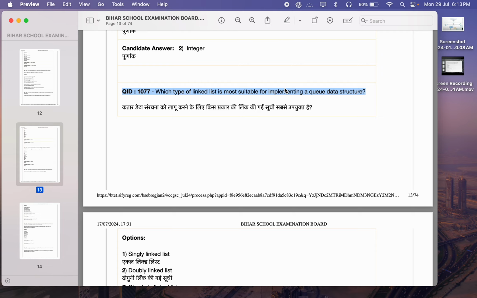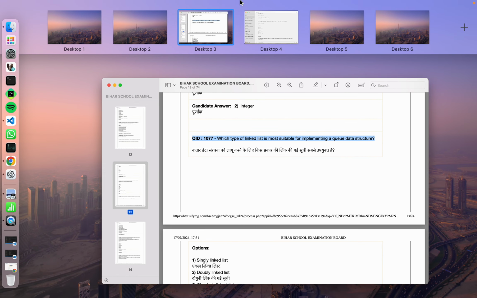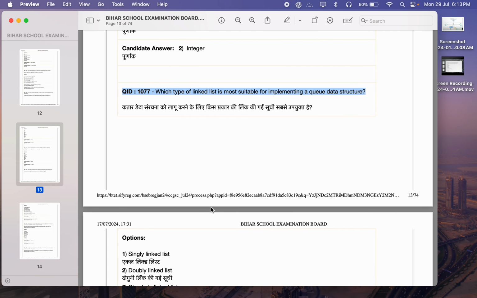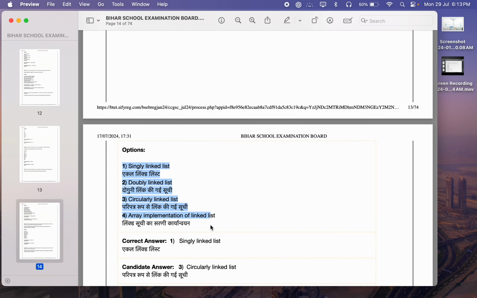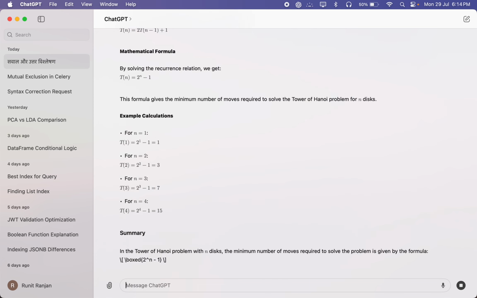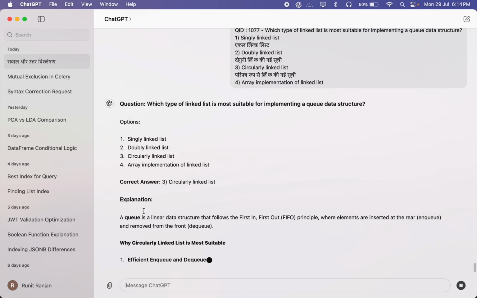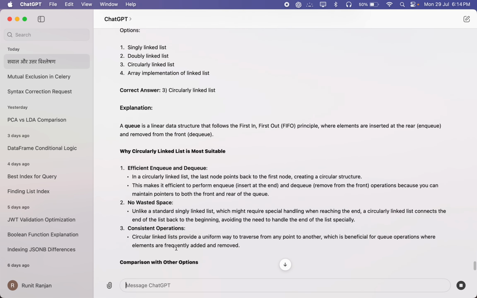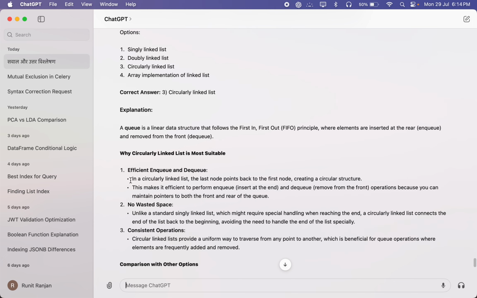You have to implement a queue, right? So why does it say the right answer is a single linked list? I think it has to be a circular linked list only. Yeah, it says circular linked list. In a circular linked list, the last node points back to the first node. So basically, if you have a circle, the end will always point to the start, correct? So when you insert at the end,